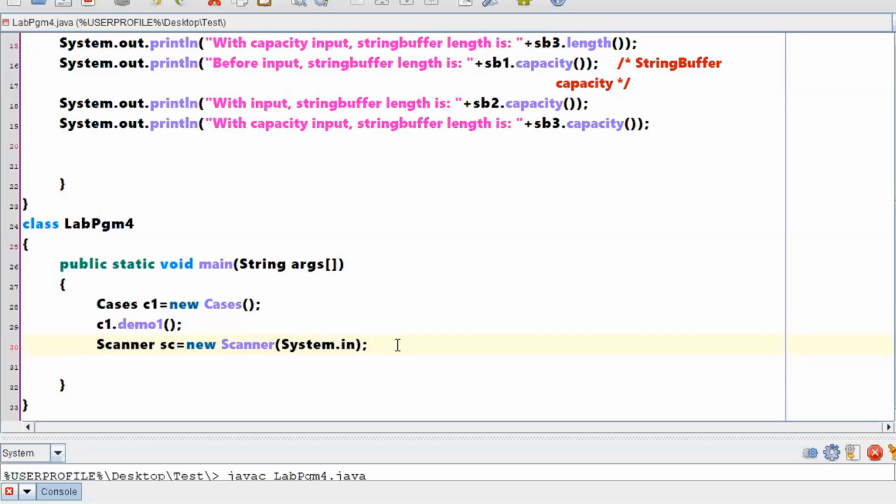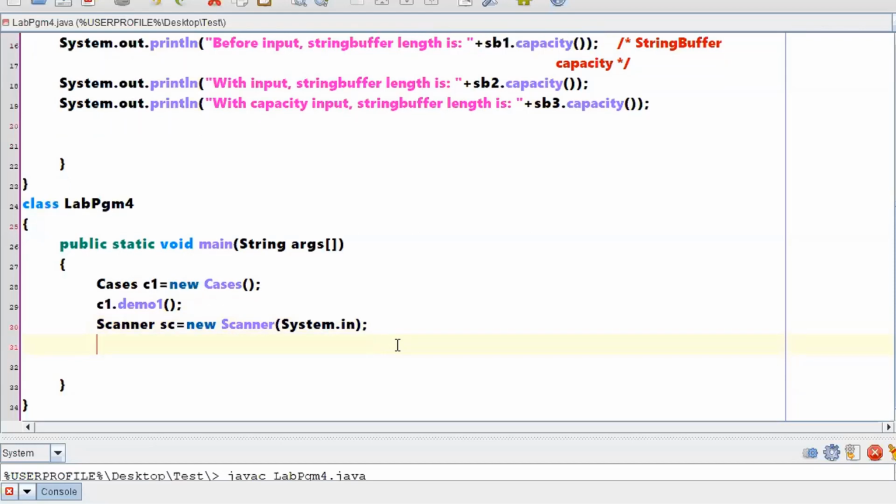Sir, even if we concat two strings, then also? Right. So I am reading an input. Let me write this as String read, that means this is the value I wanted to read from the user. read = sc.nextLine(), I am reading the input from the user.